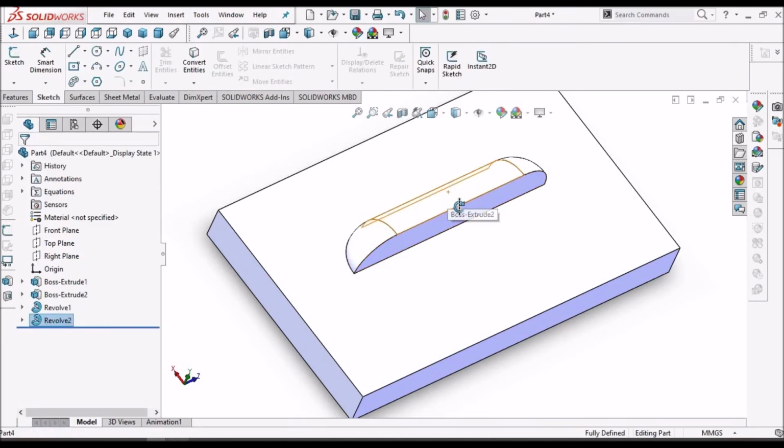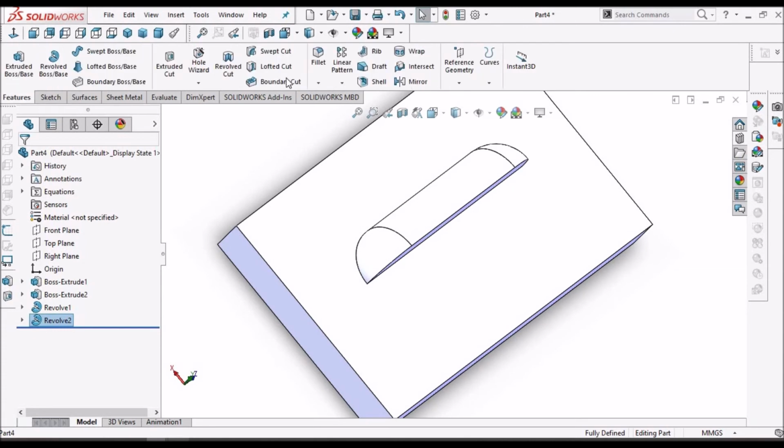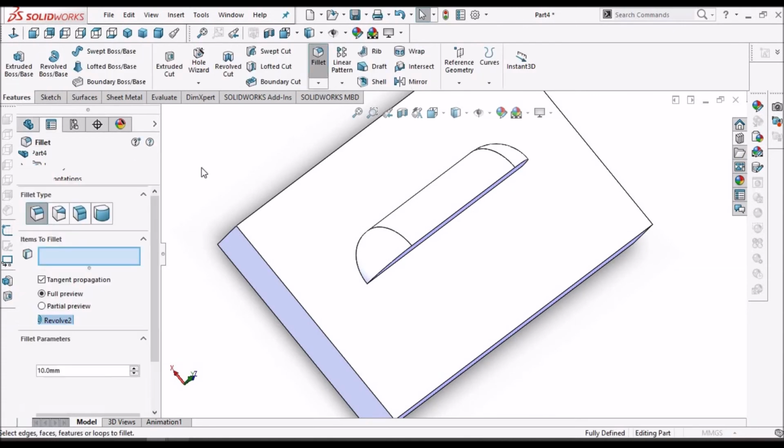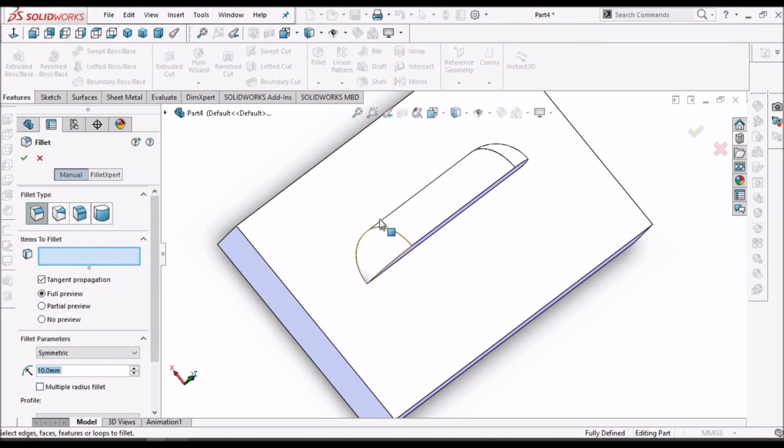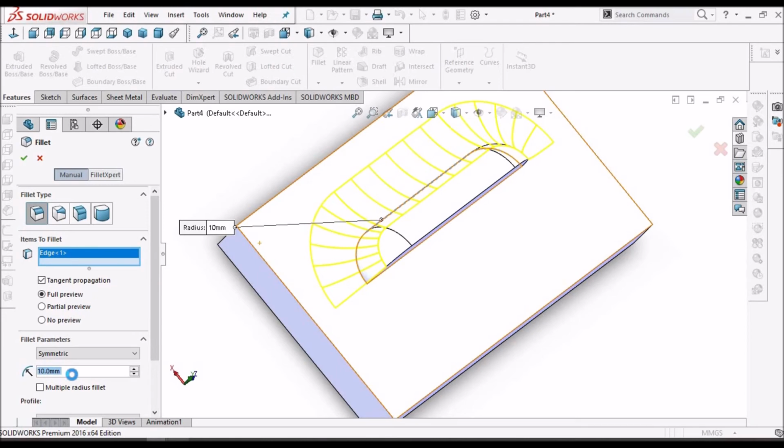Now go to feature, fillet and select and say 3.